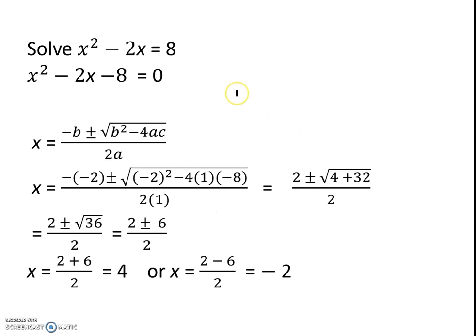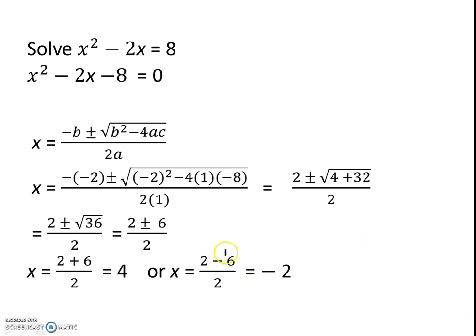Our second example is to solve x squared minus 2x equals 8. So we subtract 8 from both sides and we end up with x squared minus 2x minus 8 equaling 0. Again, plugging it into the quadratic formula, we have 2 plus or minus the square root of 4 plus 32, all divided by 2. Then we continue simplifying, and we have 2 plus or minus the square root of 36,